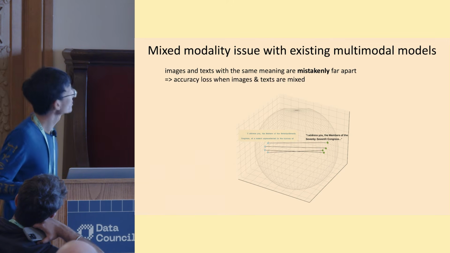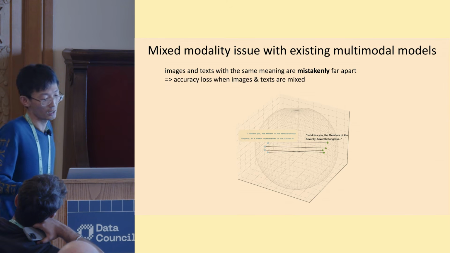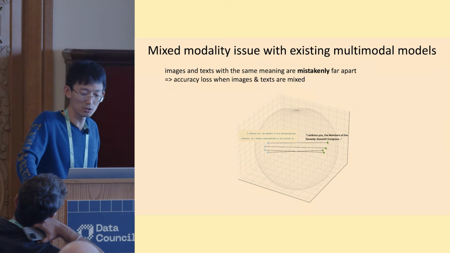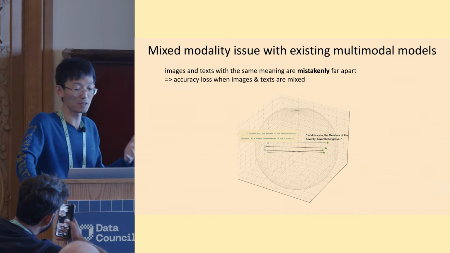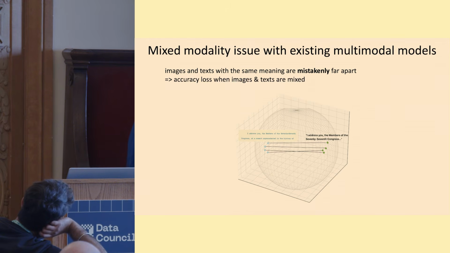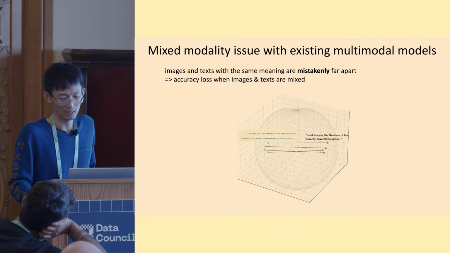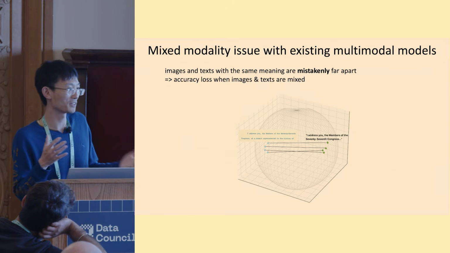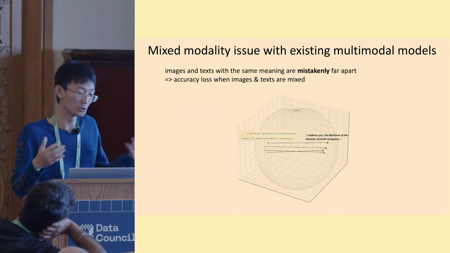Speaking a little about technical details, some of the existing embedding models have an issue called the mixed modality issue. Roughly speaking, the main source of the issue is that when images and text have the exact same meaning, they can still be very far away. Here is an example: you have some text and also a screenshot of the text, and with some existing embedding models the vectors are very far apart. This makes retrieval very unreliable, because depending on which modality you use, you get different results, and you lose accuracy.